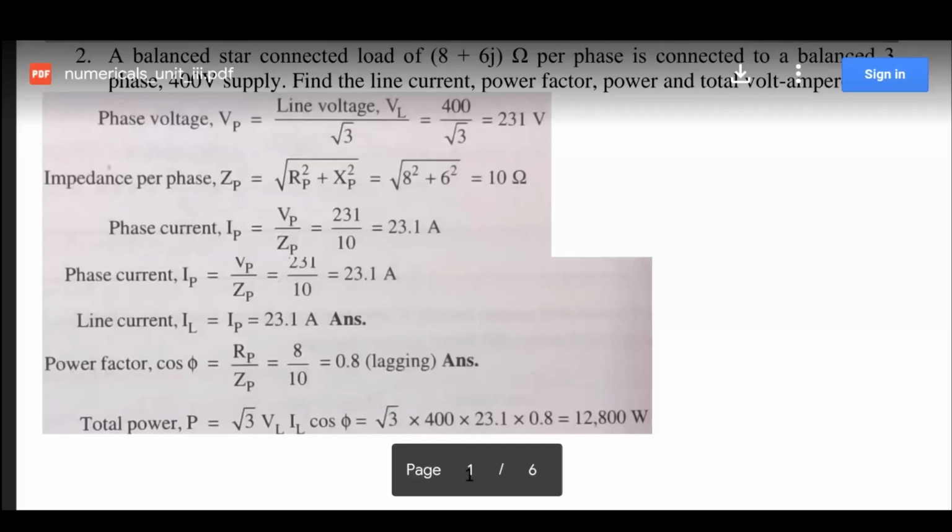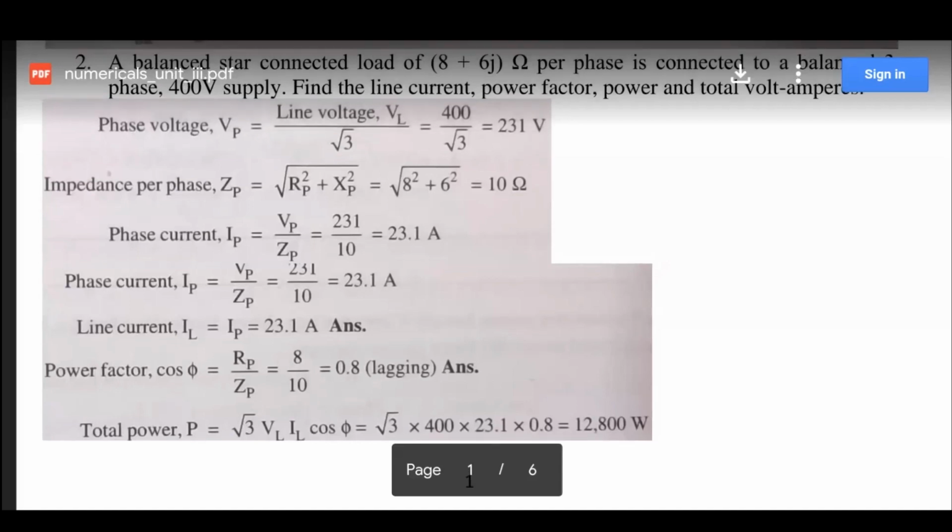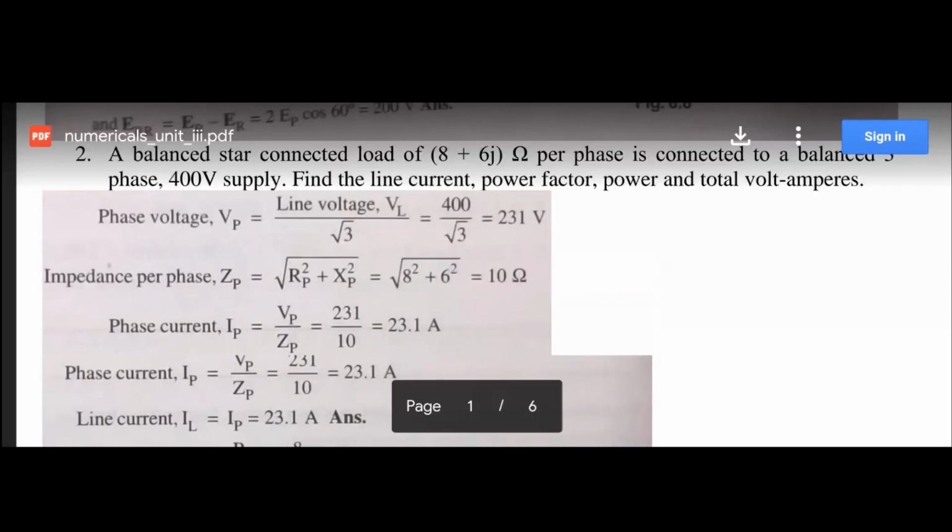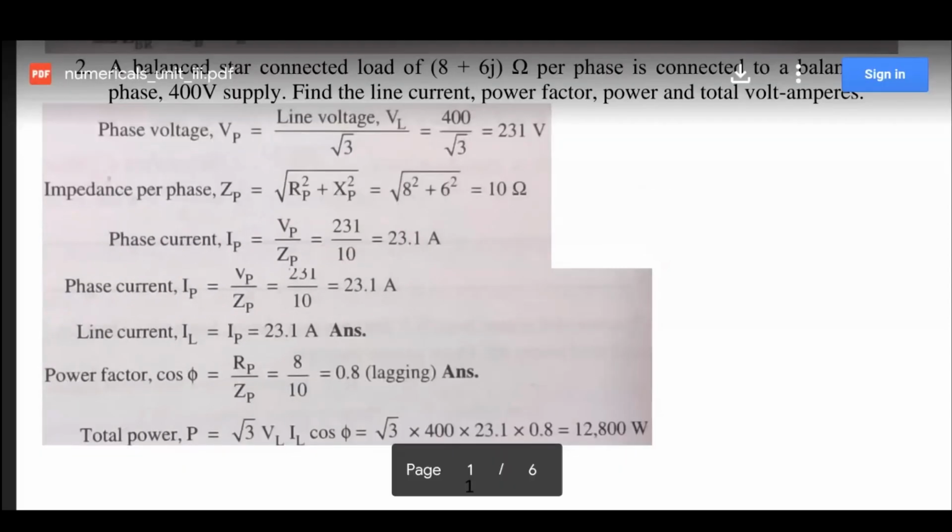So in this numerical, there is a balanced star connected load. The load is given as 8 plus 6j ohms per phase. Right from the beginning, when the load is given as 8 plus 6j, it means that the load